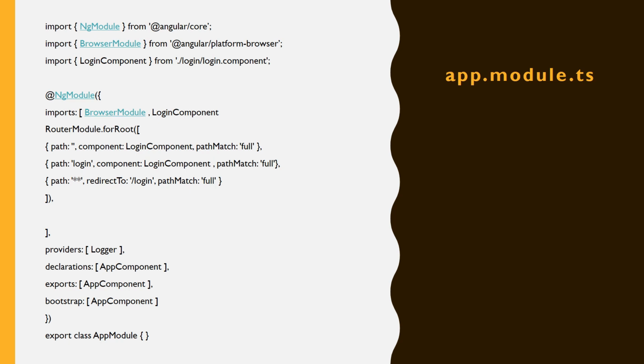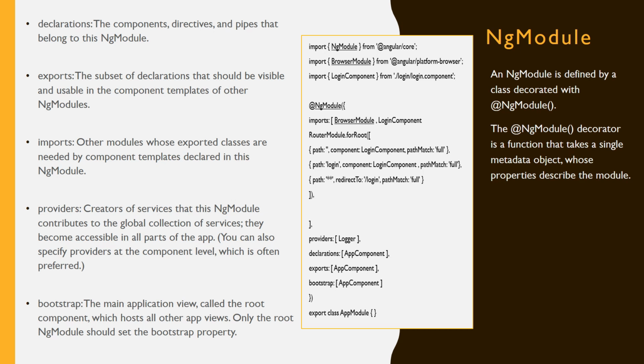Next we'll discuss the module.ts file inside the app folder. This is a very important file because whenever we import anything from npm or create any component, we need to register it here to access it inside our whole application. You can check the detail here. There are multiple sections like declarations, exports, imports, providers and bootstrap that have different roles, and you have to add components and packages inside these properties. So you can check this here.